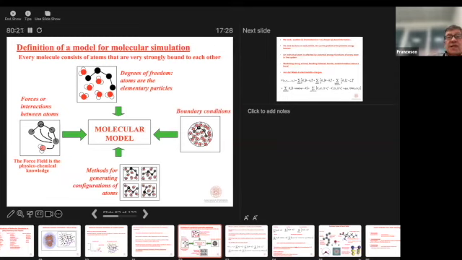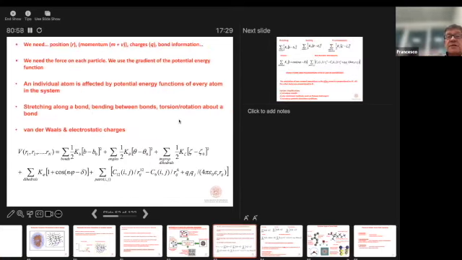Usually, the forces are taken to be linear. That's why many people start describing molecular mechanics and molecular dynamics in terms of classical harmonic oscillators, because the conservative force in that case, of course, is linear, which is good because we know how to deal with linear forces. But we have to put the degrees of freedom, the forces, the generation of the momenta, of the velocities and the boundary conditions, all sorts of different things in the same model.